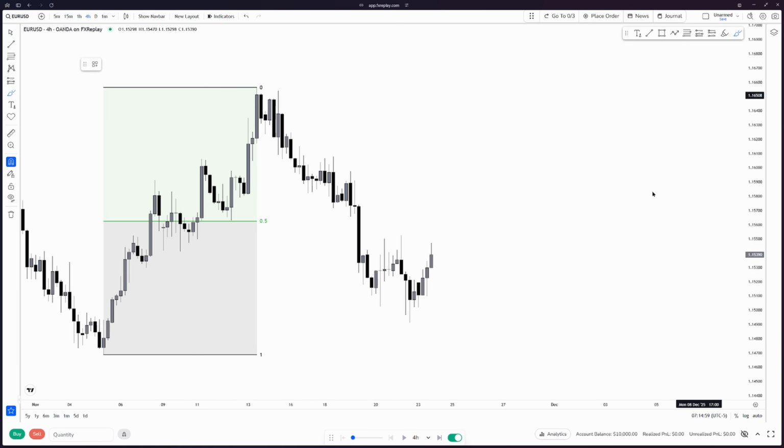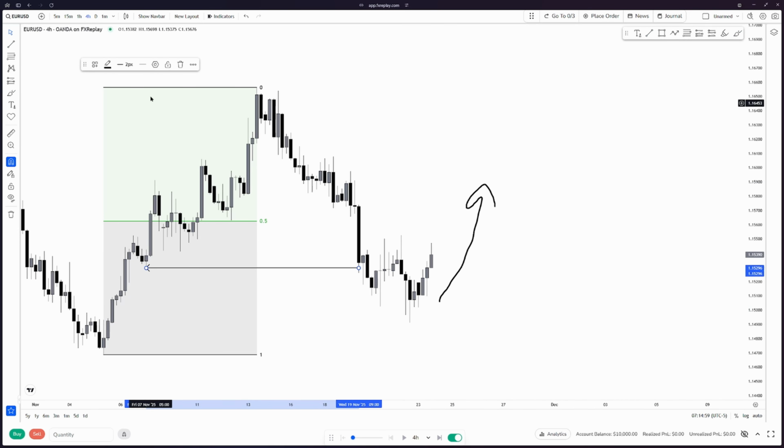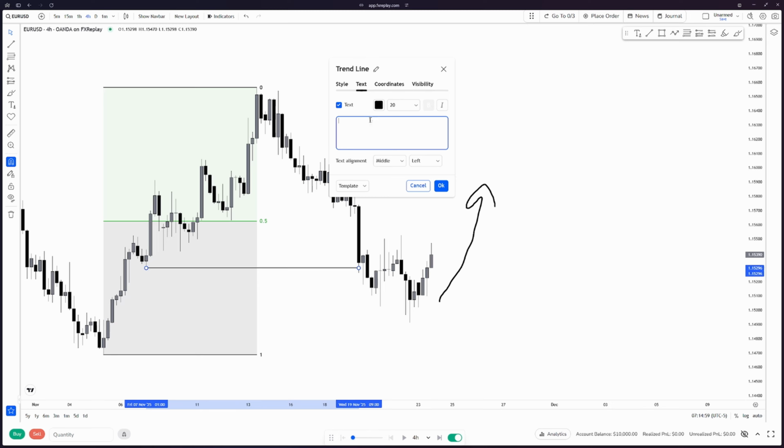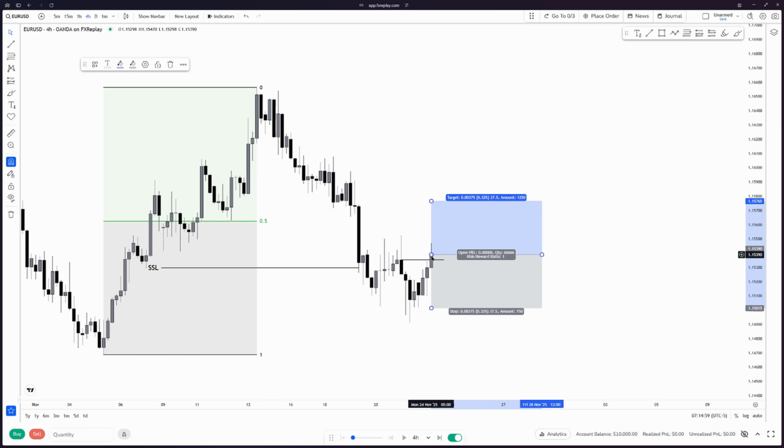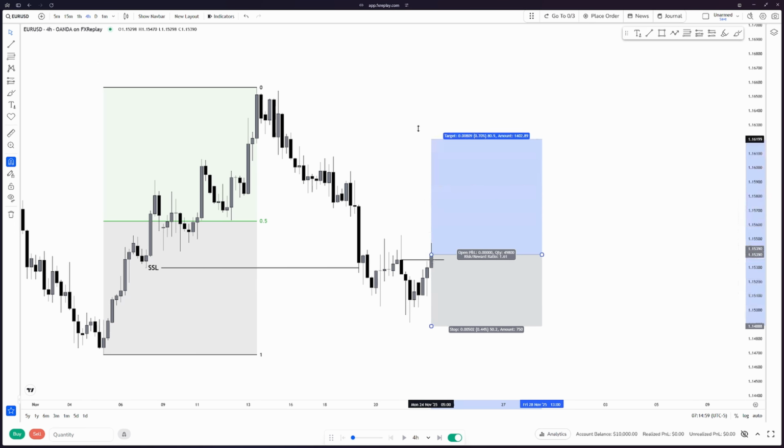Our bias is bullish. Why? Because if you look to the left, we had a swing low here which has been swept. This simply becomes our sell-side liquidity sweep, and now the price should move higher. So every rule is followed here. We are under the 0.5 level, which means we are in the discount zone, and we are bullish, so we want to buy. Look, we have a change in state of delivery here, so we will just enter long, place